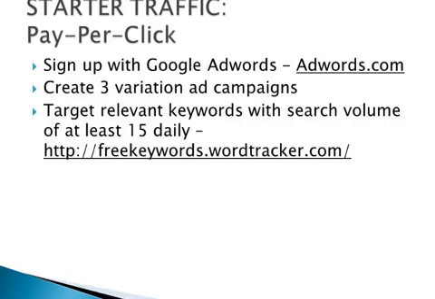The next thing you want to do is create 3 variations of your ad campaigns to put on Google search engine listings. The reason is that with 3 different variations, especially different headlines but similar bodies, you want to test out which pay-per-click advertisement converts the best and generates the most click-throughs. After a few days, you want to pick out the winner and ditch the losers. Pick the winning advertisement, and that will be the campaign you will use from now on.